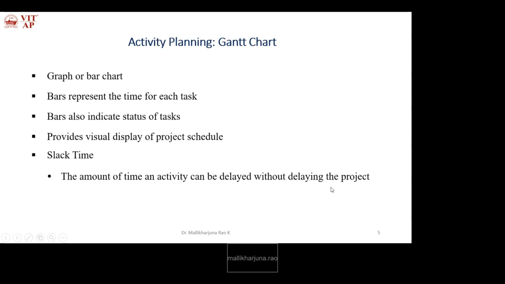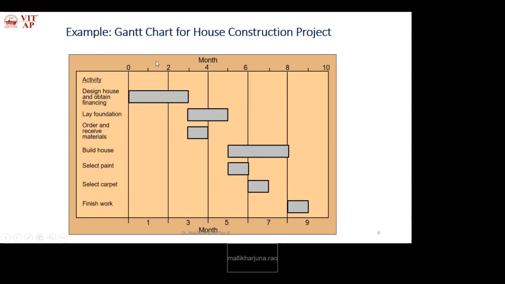So without delaying the project, if you want to deliver by the given deadline, we have to estimate the start time and end time for all the objects, parent objects, grandparent objects, and so on. That slack time is the maximum waiting period for all the internal project deliverables, objects, parent objects, grandparent objects, great grandparent objects. So for better understanding, let's take one example: a Gantt chart for a house construction project.